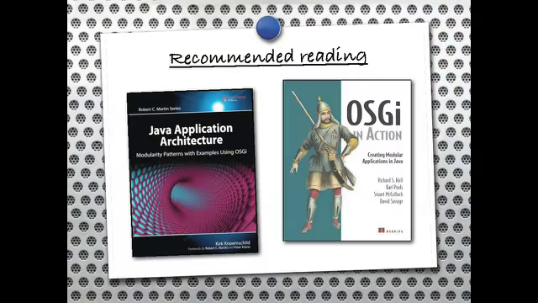If you want to know more about this, the book on the left is really recommended. It's about Java application architecture and how to do modularity. That book is not about OSGi. It has some OSGi examples in it, but it also tells you how to do modularity without OSGi. So even if you can't do OSGi today because your application server doesn't support it, for example, it's still very interesting to read because it's really about architecture, and that's where it all starts. If you do want to know a lot more about OSGi, you should check out the book on the right. It's written by a colleague of mine, Karl Pauls, and that just tells you everything about OSGi.